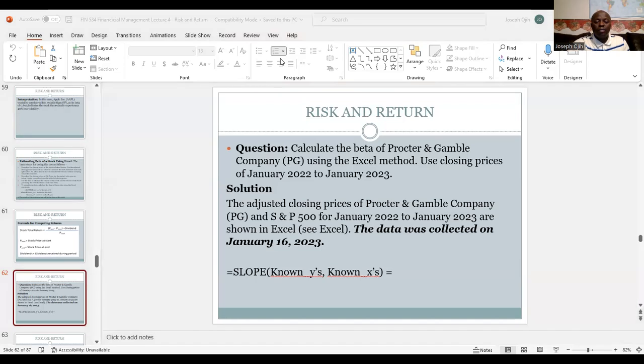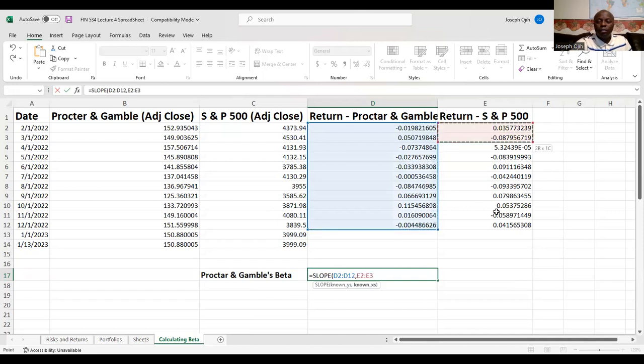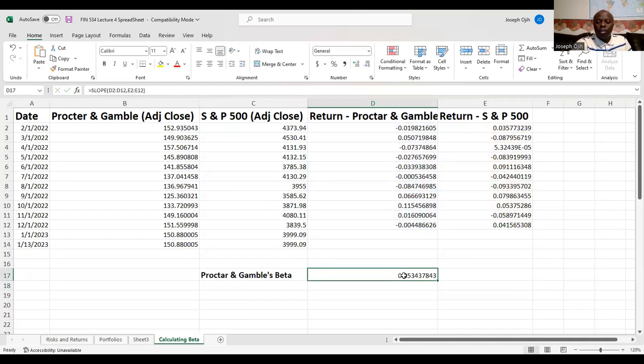We can have slope. Okay. So for the known y's, you're gonna use the return for Procter and Gamble. Comma. Known x's, the market return. Then close parentheses and press the enter key. That gives us a beta of